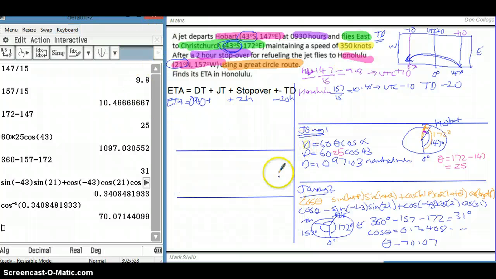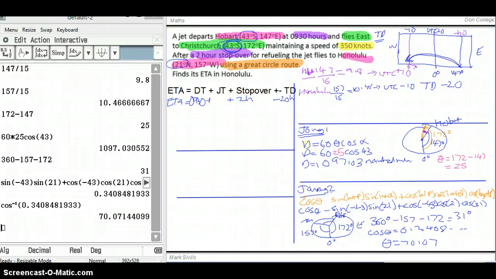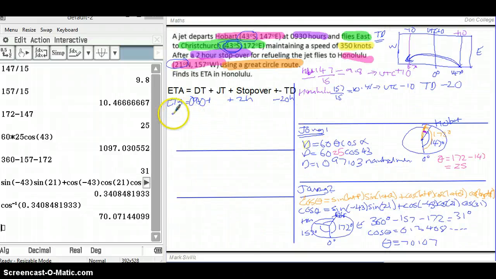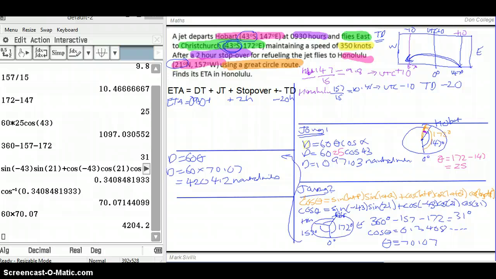Okay, so our next thing is we need to work out what that distance is on journey 2. So the theta equals 70.07. We're not quite finished. We need to go and have a look at our great circle formula, and remember that we're working in nautical miles. So we're choosing d equals 60 theta for this part, which is nice and easy, luckily. So we've got this continued up here. D equals 60 theta. So d equals 60 times 70.07, which we'll do in the calculator, and equals, so 4,204.2